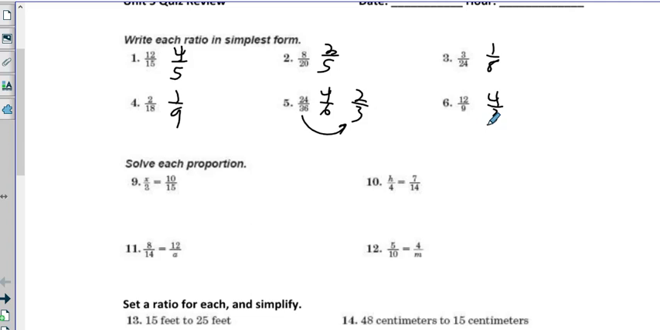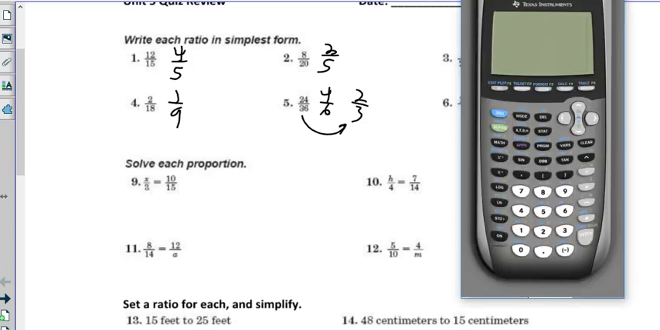Now, if you're handy with the calculator, you can also, on your calculators, hit alpha y equals. Alpha